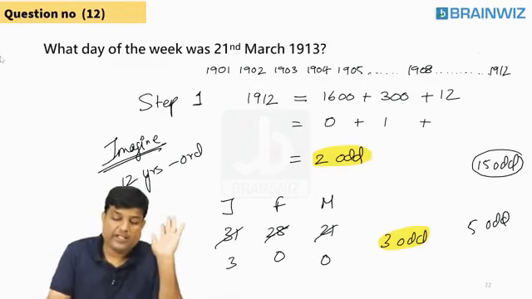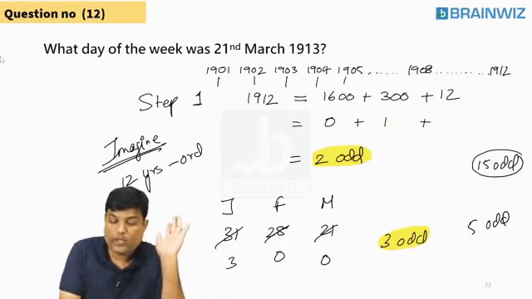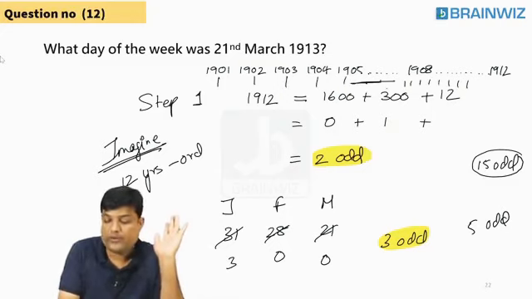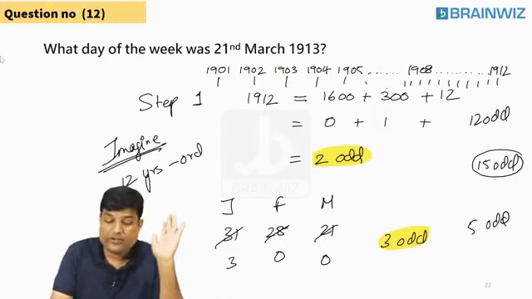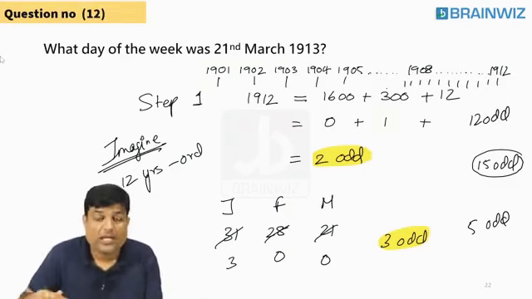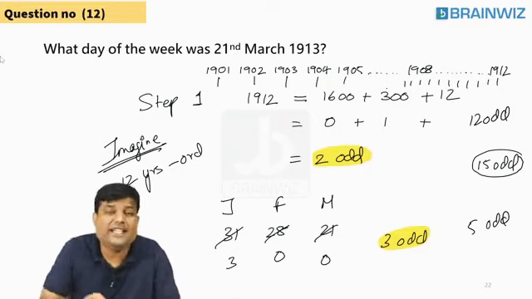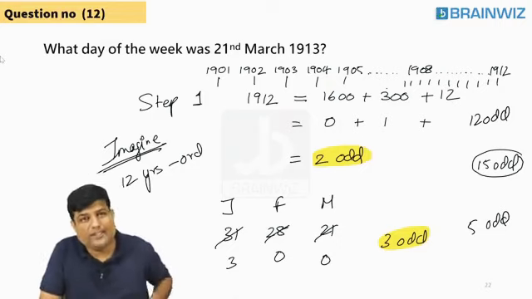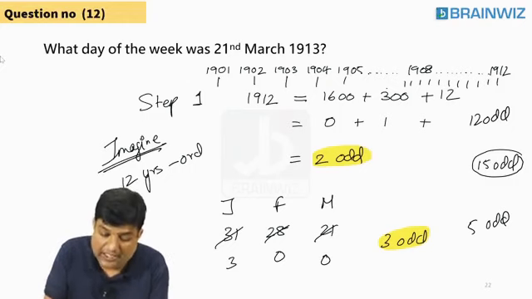If all are ordinary years, we can say here 1 each. So how many odd days? 12 odd days. Are you sure, everyone? 12 odd days are there? Yes or no? Yes. Now, just try to tell me the reality. Are you seriously thinking that there are 12 ordinaries? No. There are some leaps. Who are the leaps?